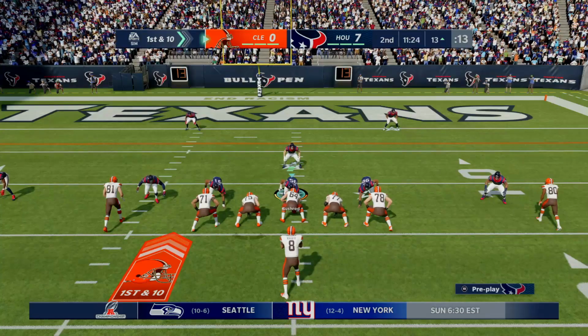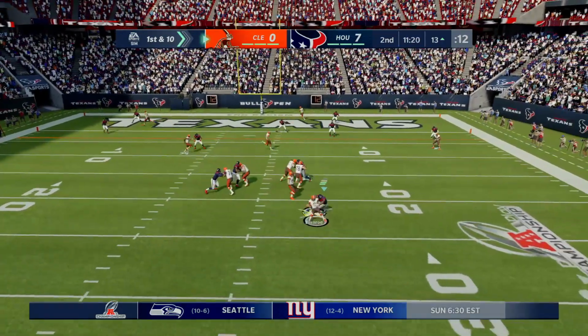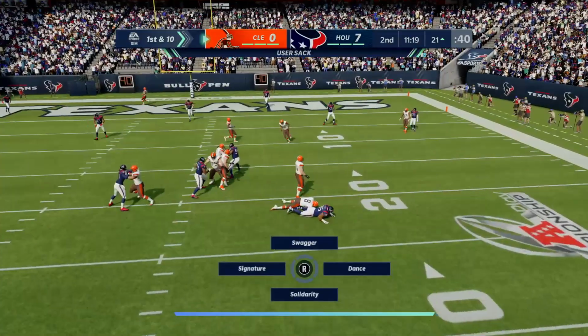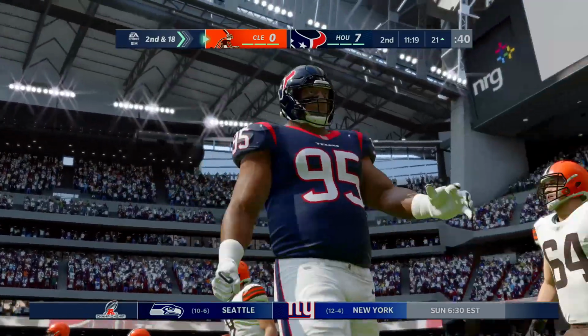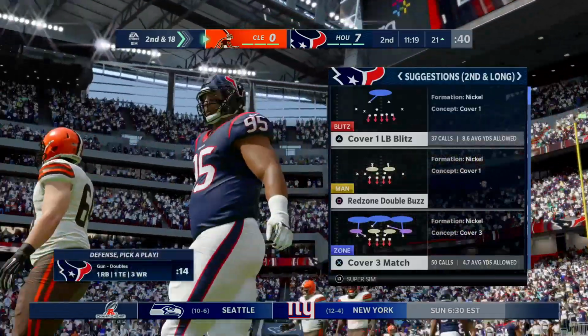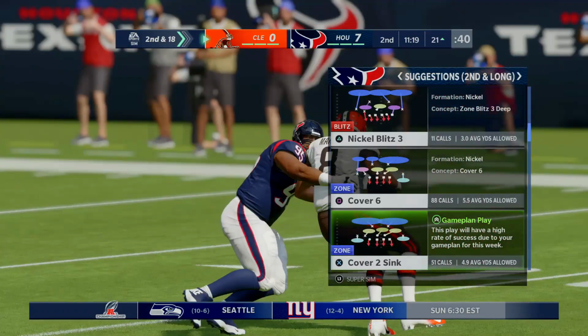Now Cleveland not trying to go away very easy. We are here in the second quarter, still leading 7-0, but they are threatening. Now Mariota, he's going to roll out to his right side. He'll be sacked. That was Rashawn Bushrod coming up the middle, as he will chase down Mariota and bring him down for an 8-yard loss on that sack, as that will knock them back to the 21-yard line,